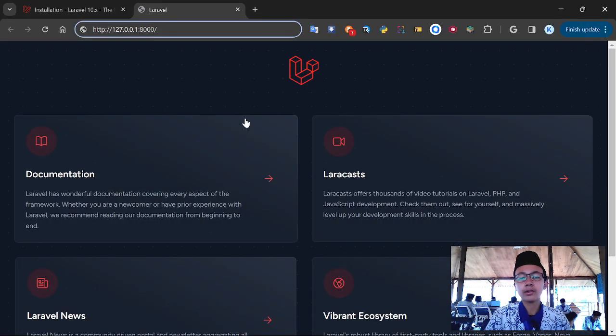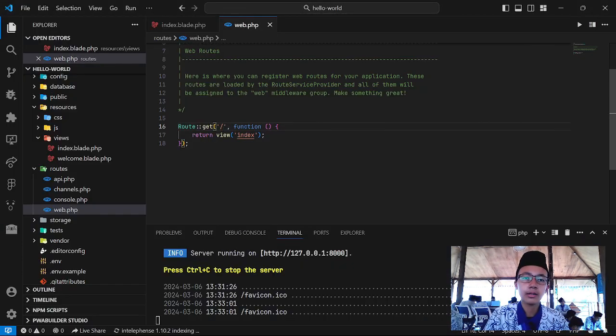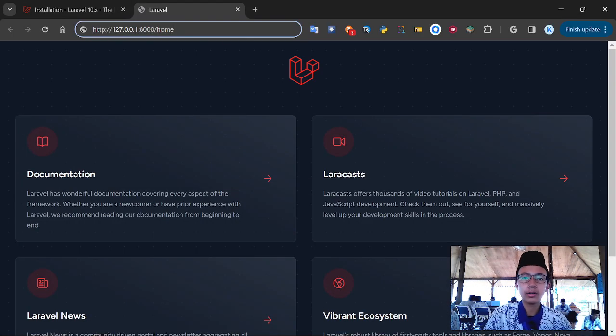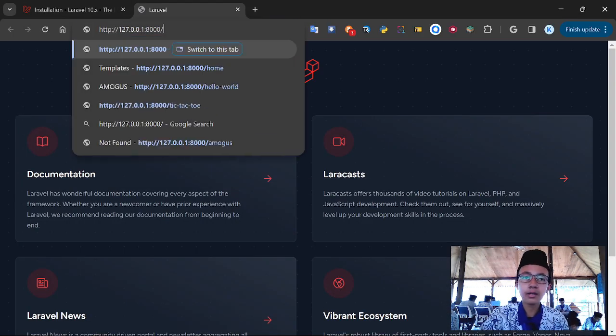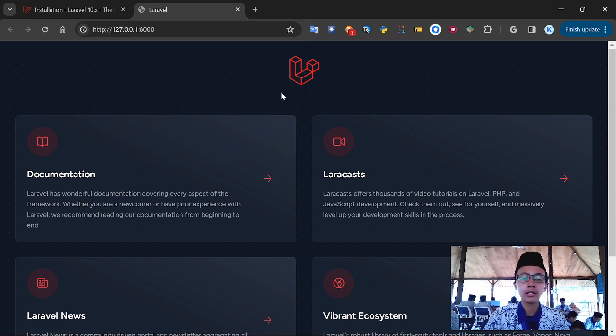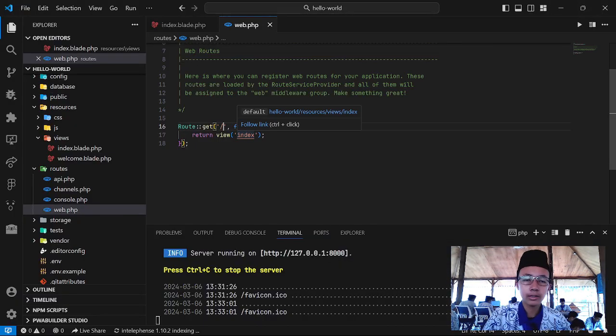So for example, if we want to listen if a client tries to access our domain slash home, then in this first argument here we're going to type in home. But we want to listen if a client requests the root of our domain. So we add nothing after the slash. And then if a client requests to access the root of the domain, we're going to run this function which returns the view index. And this view index actually refers to our